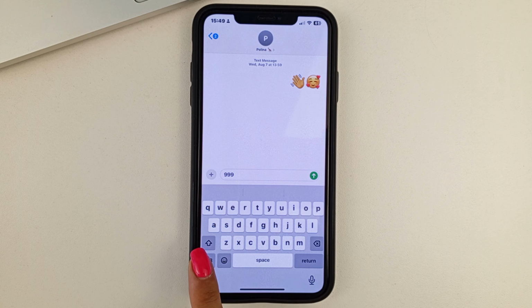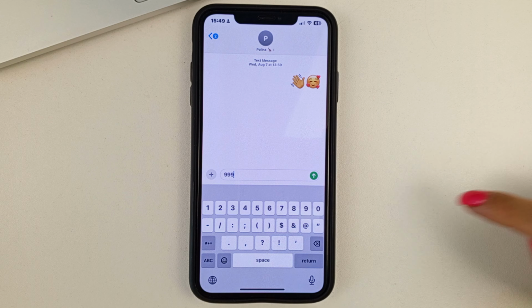And let's say you need to put in the euro symbol, but when you switch the keyboard, you can't find the euro symbol the first time. There are two options. So the first one is to find the dollar symbol.